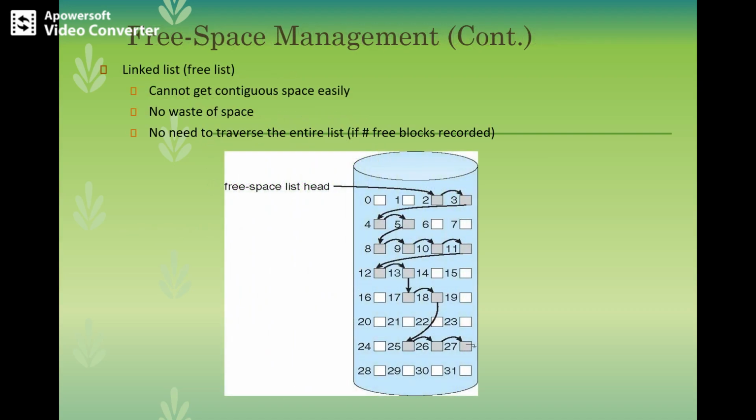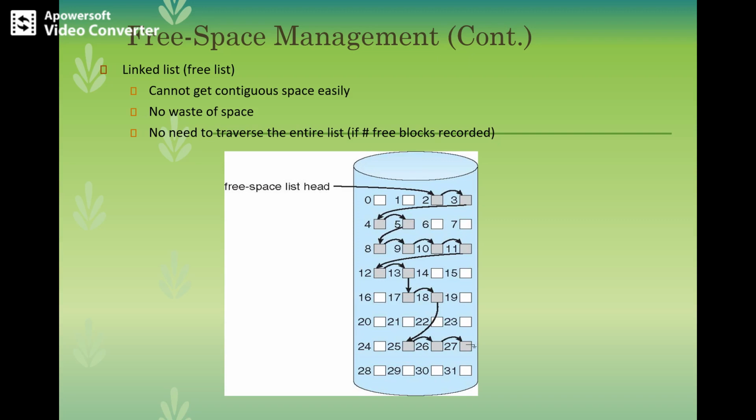Now the idea about the linked list. Since the disk space is very limited, we need to use the space very efficiently so that we can store the files. To keep track of all the free disk blocks, we have what is called the free space list, which I showed you in the last class. This free space list records all the free disk blocks which are not allocated to some file.